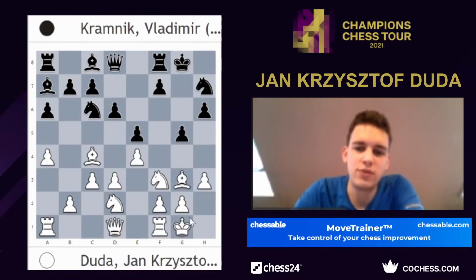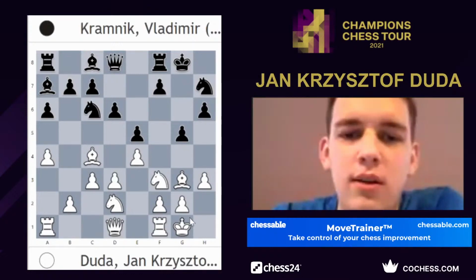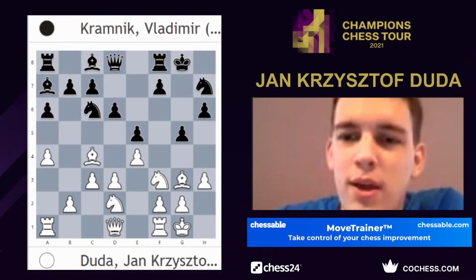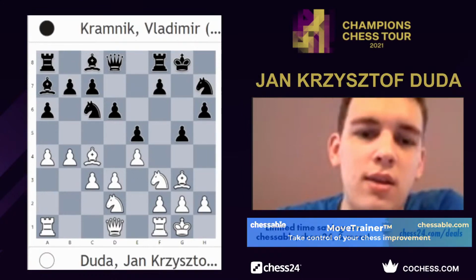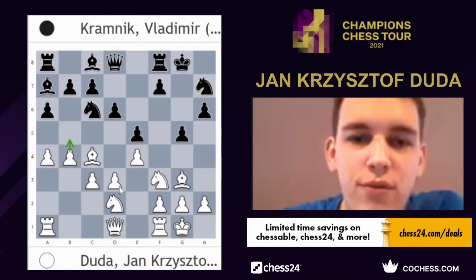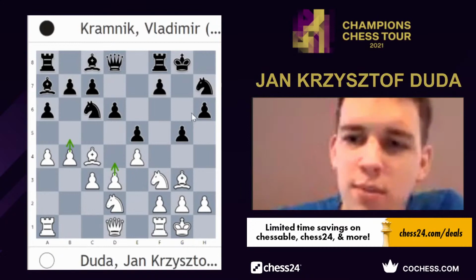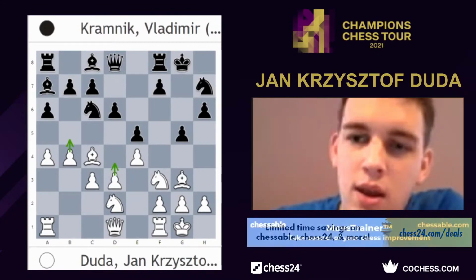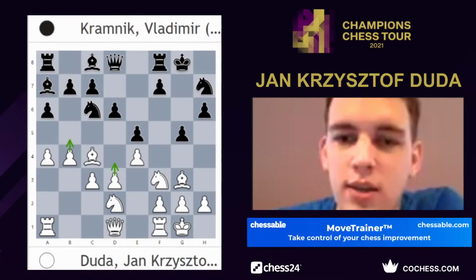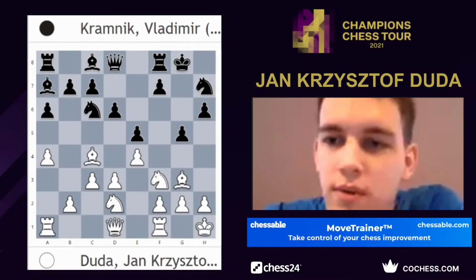And I played h3, which is probably not the best move here. Recently against Alexander Grischuk I played b4, which is obviously a very logical move with the idea of b5, d4. But I think the most challenging move for black here is just to go king h1. This looks very timid at first, but the idea is just